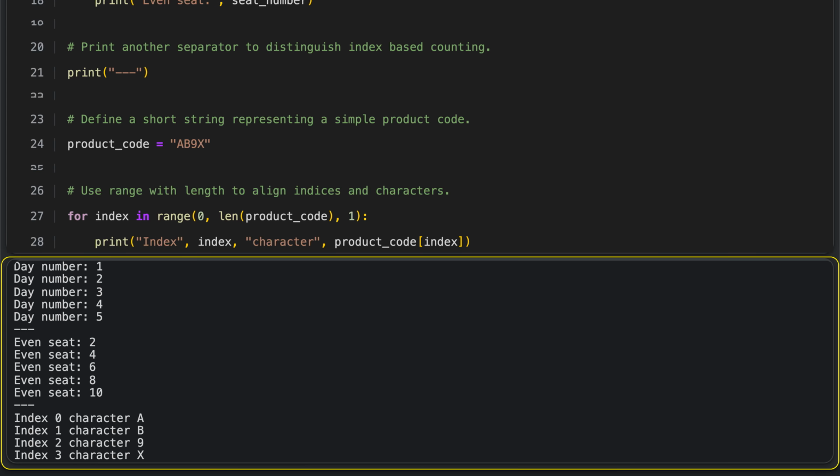This script demonstrates 3 ways to count using loops. It first counts from 1 to 5, labeling each value as a day number to show a simple sequence with a step of 1. It then counts even numbers from 2 to 10, showing how changing the step to 2